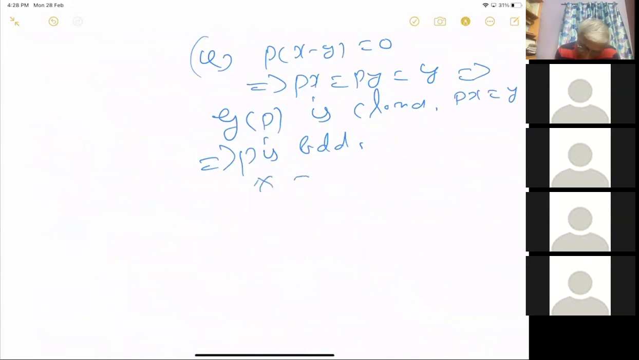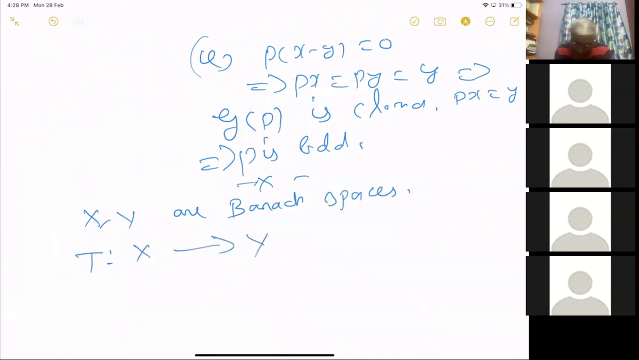Okay, Ayan, this is my favorite application of the closed graph theorem. Suppose X and Y are Banach spaces, and T is a map from X to Y. Then define